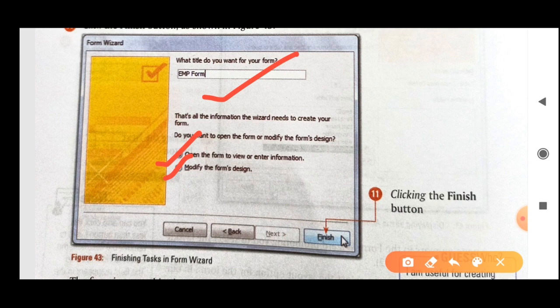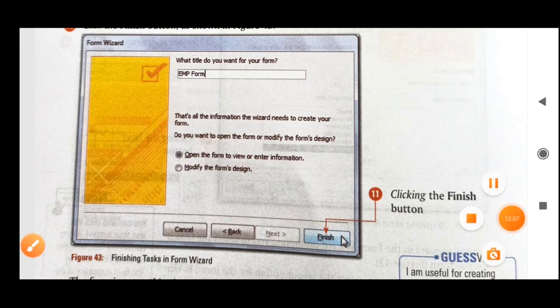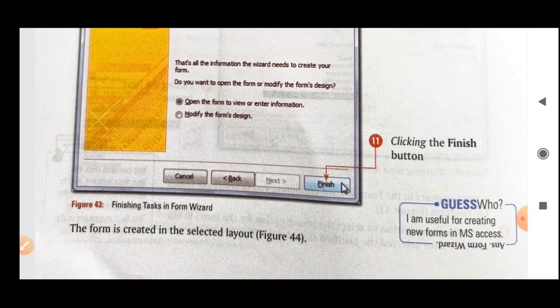It means you can create the form as a mixture of both. For example, a few details are created with the help of the wizard, and a few more details you can add with the help of the design option. So that is what you can do from here.